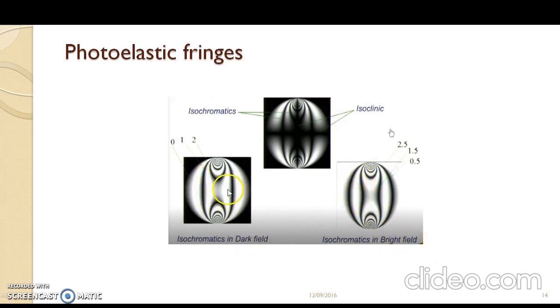Now how do I consider this? When I'm counting the number of isochromatics while determining the fringe patterns or identifying the material fringe value, I count the fringe orders in such a way that I start from this end as 0, 1, 2 and so on. Now, while coming to the bright field, it is not the same. What I'll do is I have to count the number of fringes from 0.5, 1.5, 2.5. So I call this 0.5, 1.5, and 2.5. This is how I'm going to read the isochromatic fringes in a bright field and dark field.